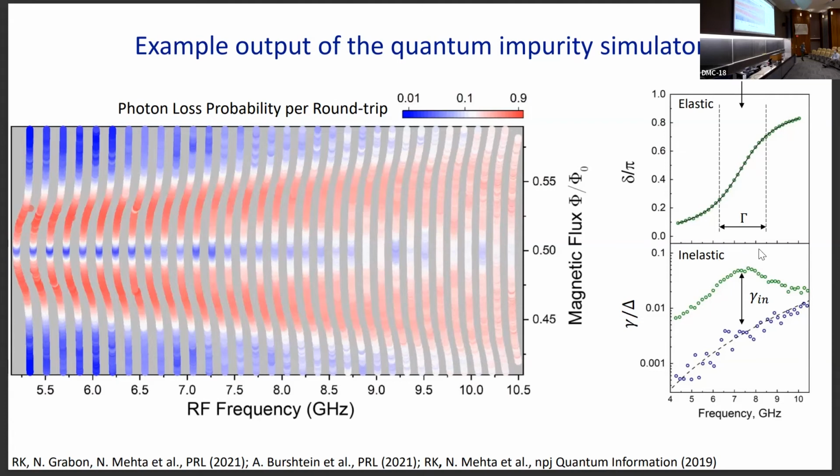So if you take, for example, a cut at one particular flux, you will see that there is this extra dissipation on top of some background loss which we know. And this extra dissipation comes from the inelastic scattering introduced by the qubit, and it's actually connected to the self-energy of the interacting impedance function, which we also heard about yesterday. That's the way to get access to this impedance function, by measuring this photon loss probability, which is given by the line width of the mode.